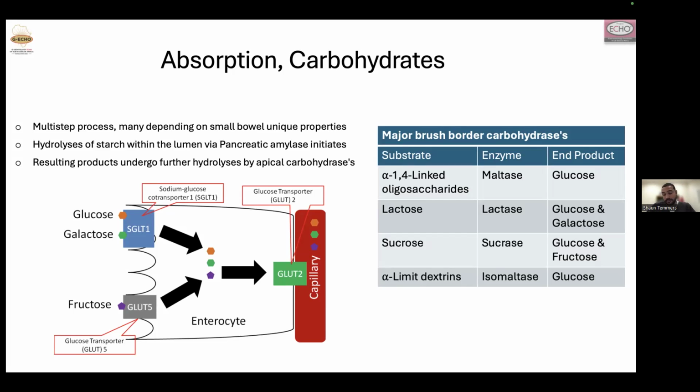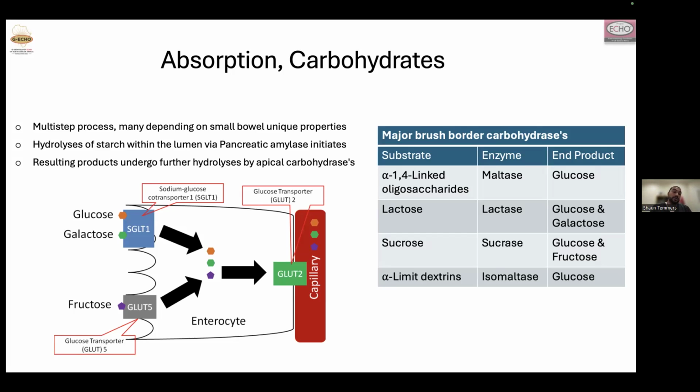present on the villi surfaces. So it shows the substrate and its major end product. Maltase cleaves alpha-1,4 oligosaccharides, lactose gets cleaved by lactase, sucrose by sucrase, and then the end products are either glucose, galactose, or fructose. So once you have your glucose, galactose, or fructose, they enter the enterocyte either via active